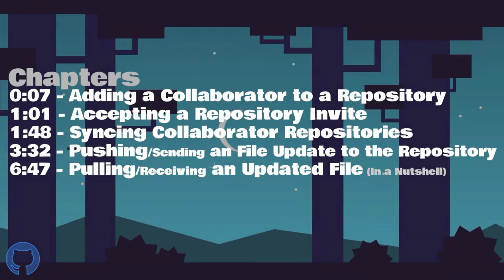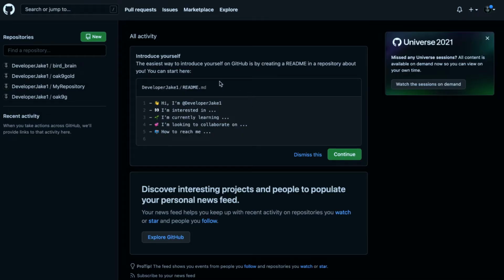I'm going to be showing you all of the basic and key factors that you'll need to be able to operate a collaboration project on GitHub. The first thing I'm going to show you is how to add a collaborator to your GitHub repository, which will allow them to see and access all of the files that you upload or pull or push